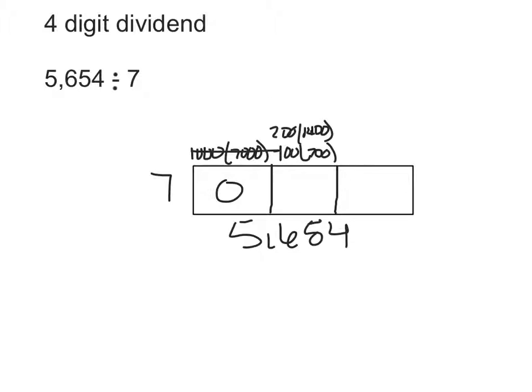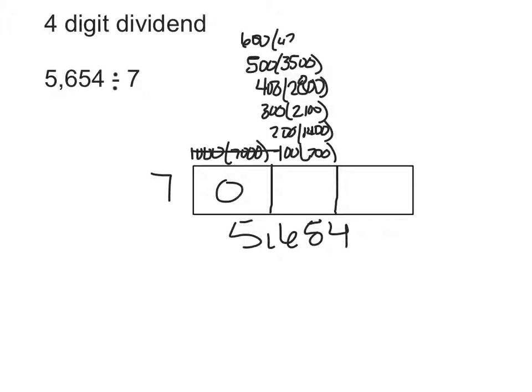Sorry. 300 times 7 would be 2,100. 400 times 7 would be 2,800. 500 times 7 would be 3,500. 600 times 7 would be 4,200. 700 times 7 would be 4,900. 800 times 7,